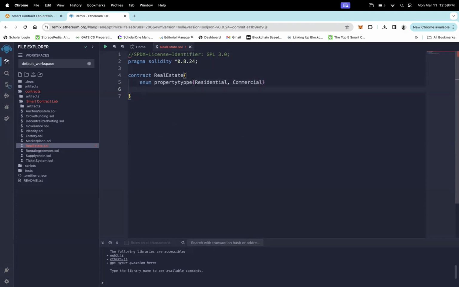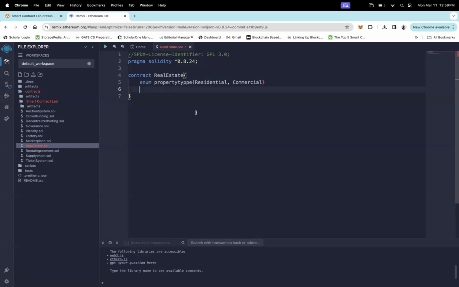So this is how you can specify different values under one name, that is called property type. Now, next, because I want to list a property in this real estate system, for a single property, we can have multiple attributes of different types. So whenever we have a situation in which I want to store certain values having different data types like name,